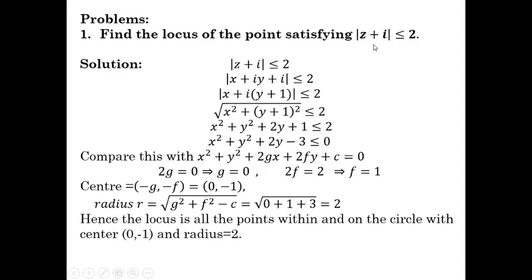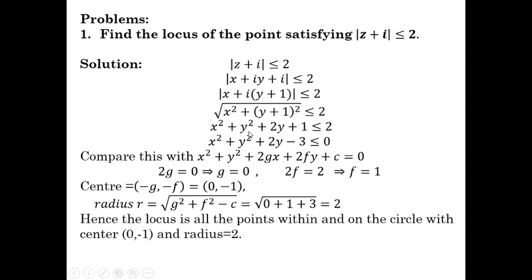Consider this term. Here z is x plus iy. Therefore, mod of x plus, grouping the imaginary part. Here the imaginary part is iy plus i. Therefore, take i as common. Remaining is y plus 1. Now, apply the modulus, that is square root of x square plus y plus 1 whole square less than or equal to 2. Now, squaring on both sides, we get x square plus y plus 1 whole square,